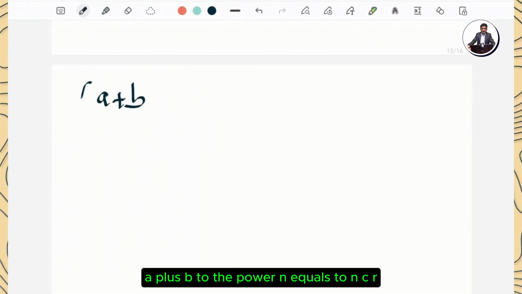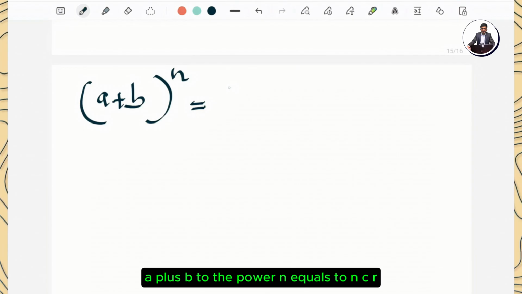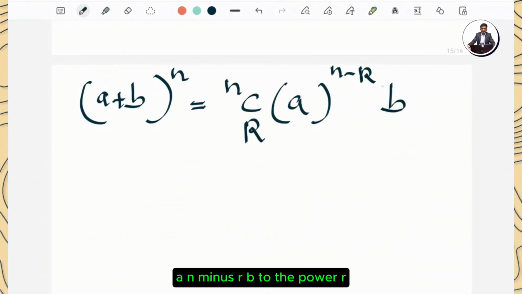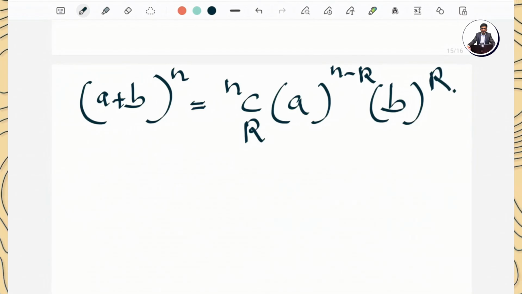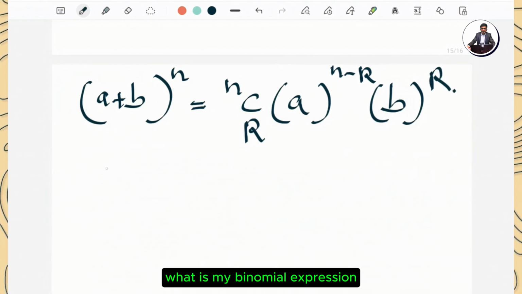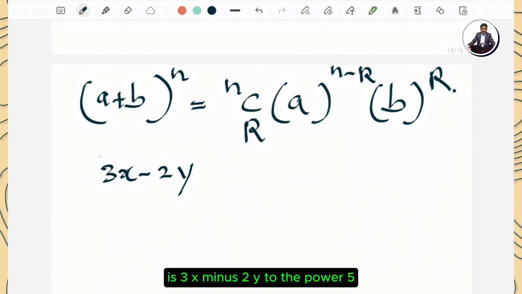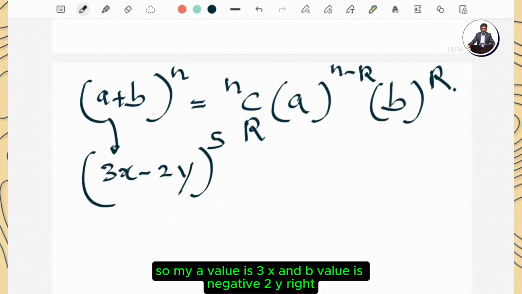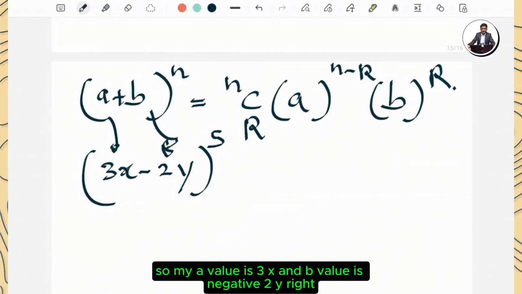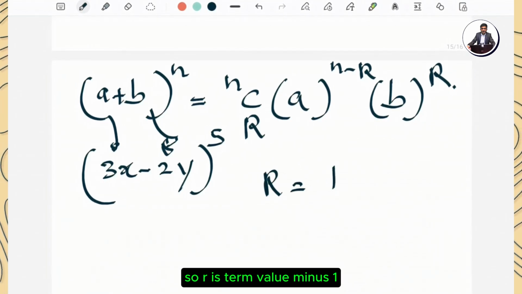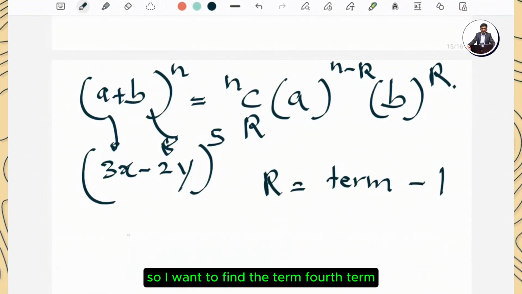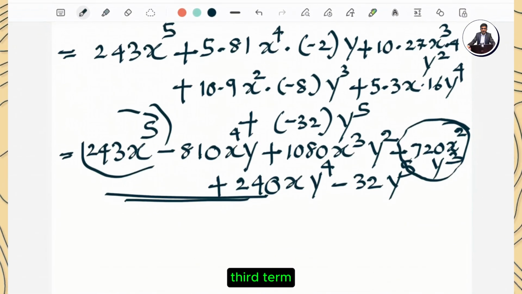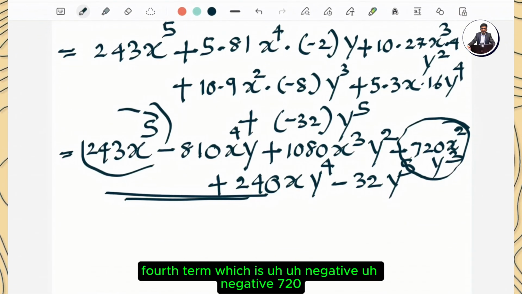(a + b)^n = nCr a^(n-r) b^r. What is my binomial expression? It is (3x − 2y)^5. So my a value is 3x and my b value is −2y. So r is the term value minus 1. I want to find the fourth term, which is first term, second term, third term, fourth term, which is